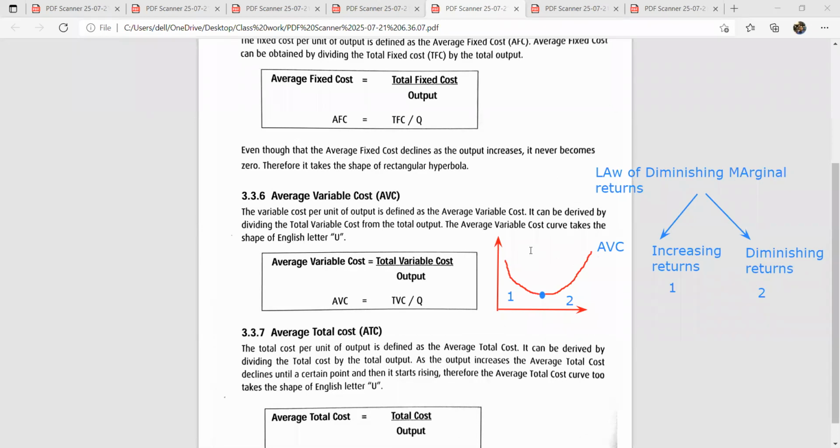So average variable cost per unit of production is defined as the average variable cost. It can be derived by dividing the total variable cost by the total output. The average variable cost curve takes the shape of English letter U. So the average variable cost equals total variable cost divided by output, TVC divided by quantity. This is how we calculate average variable cost. And the next,